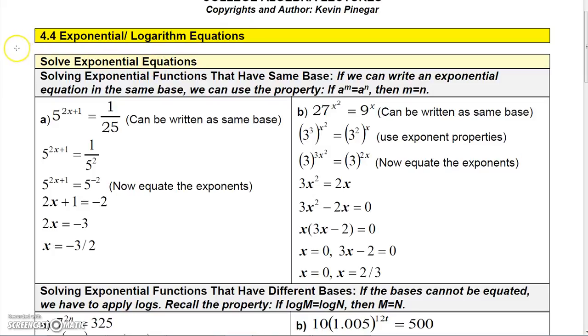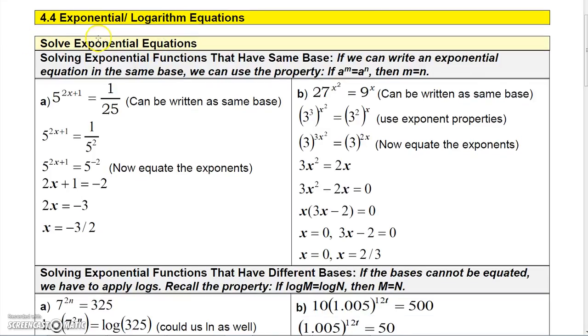Okay, in this section we're going to talk about solving some exponential and log equations. So I'll give you some of the most common equations that I usually teach in my classes. The first thing I want to talk about is sometimes you don't really need any fancy tricks to solve exponential